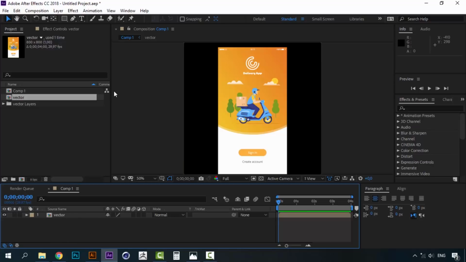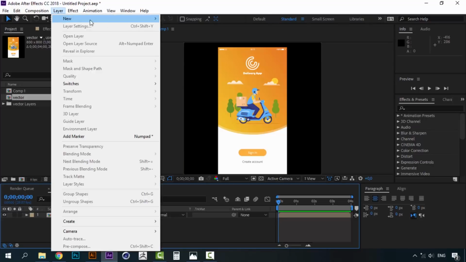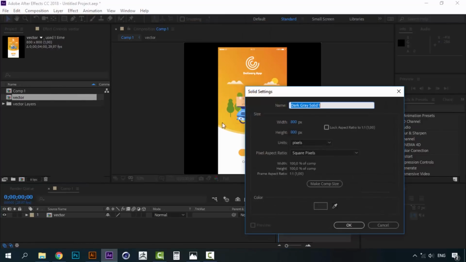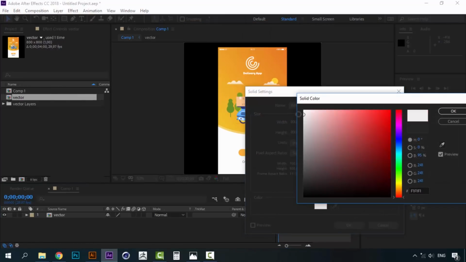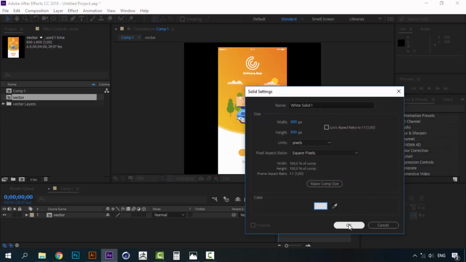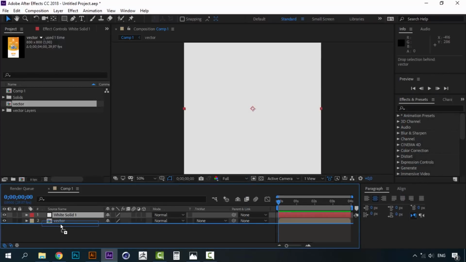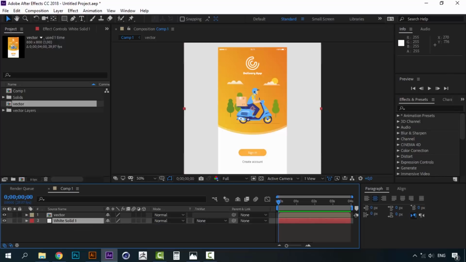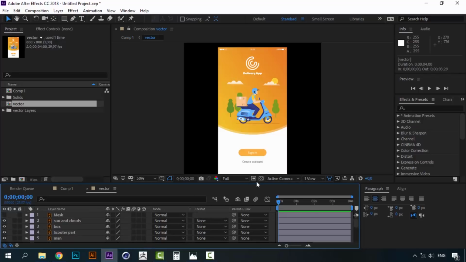Okay, now first let's create a new solid, and this solid will be a light gray. Bring it behind the vector file, and this will be called background. Okay, now let's jump to the vector file,